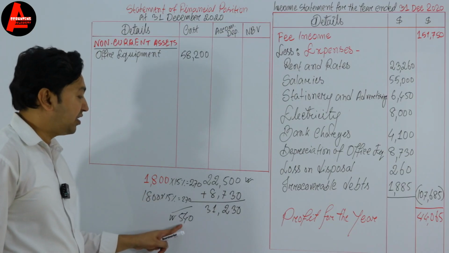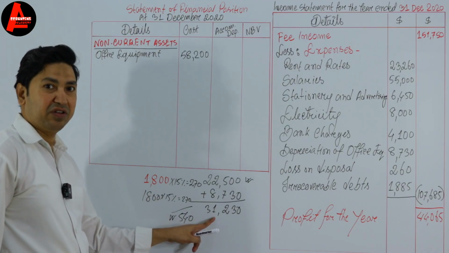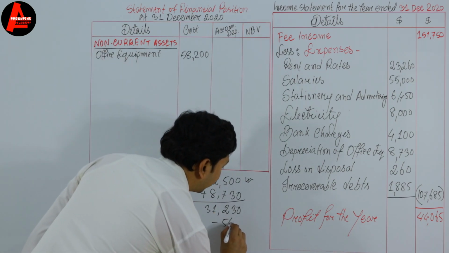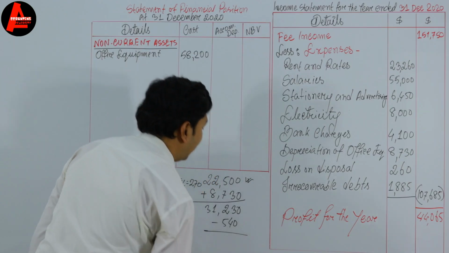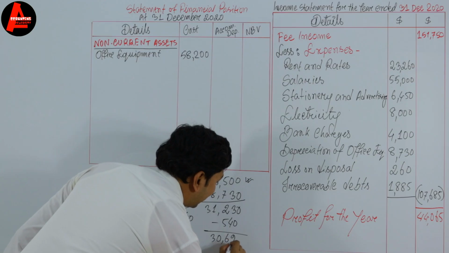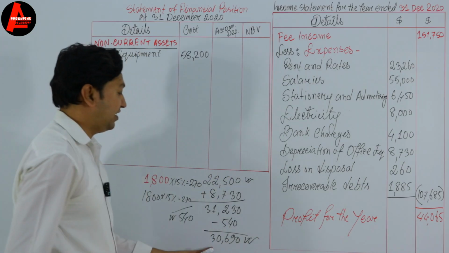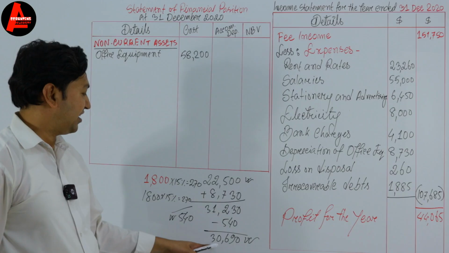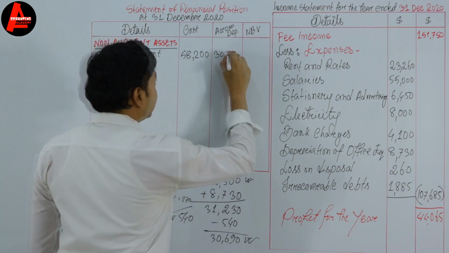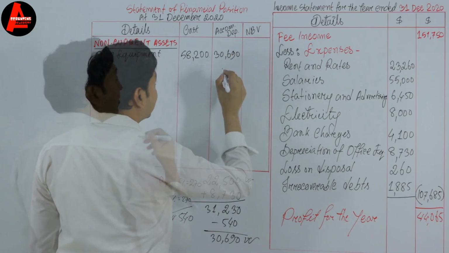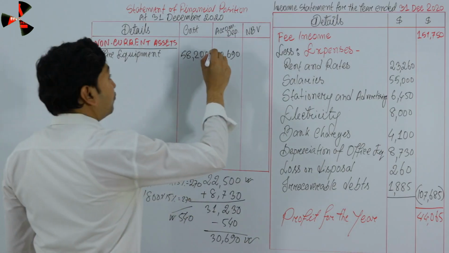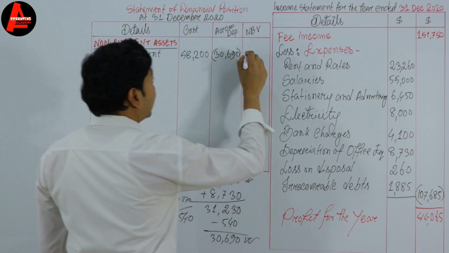So this depreciation is no more here with this amount, so we have to subtract this amount. Okay, so minus $540. Now what do you get if we subtract? $30,690. Okay, this is net accumulated depreciation. So let us write here $30,690. So now if we minus this depreciation from the cost, we get here